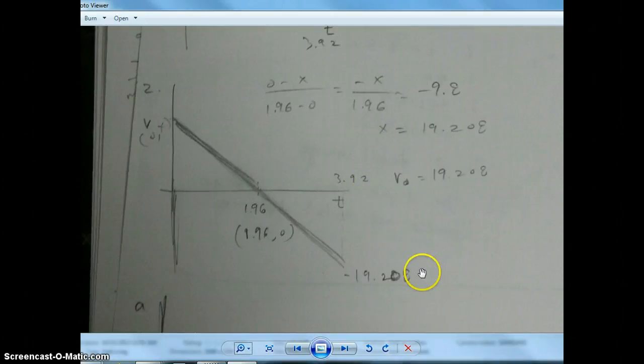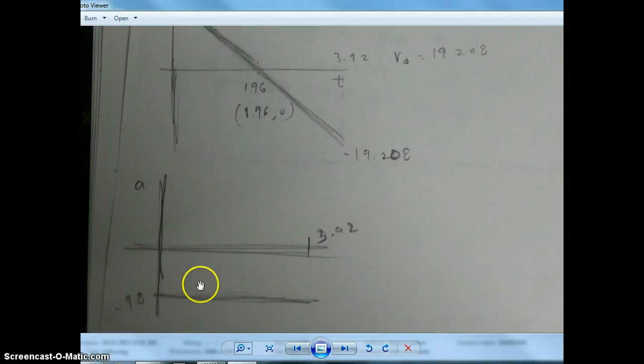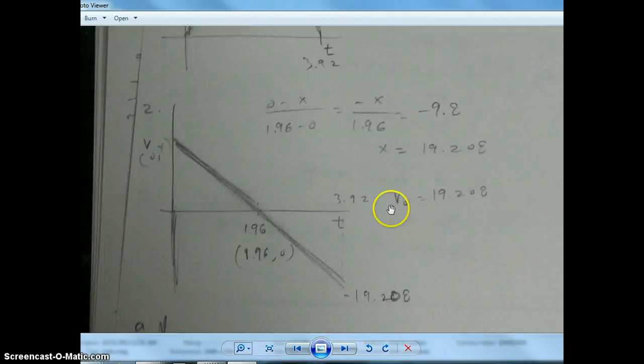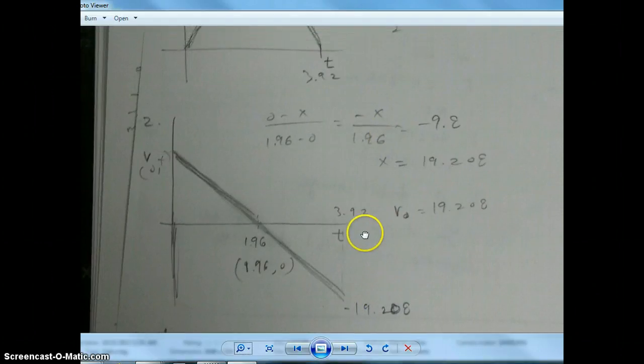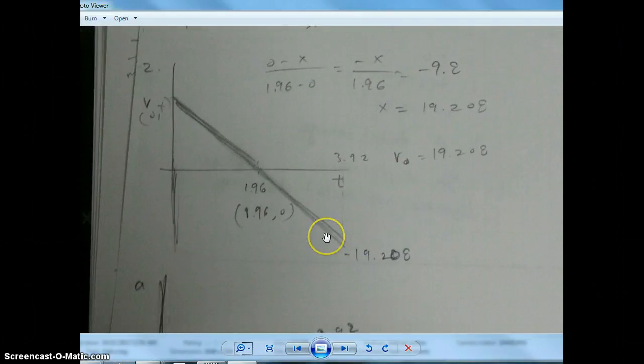So as the rocket goes upwards, it's positive. Coming back down, it's negative. That's why gravity is negative 9.8 consistently, because gravity is always going down towards the Earth. So the slope of this is negative 9.8. Divide this time by 2 to get the peak of the graph, and then